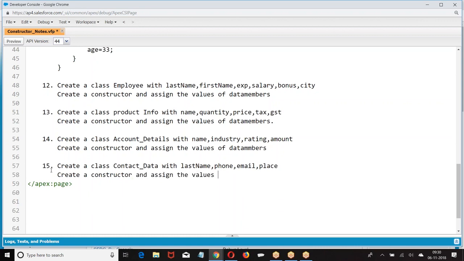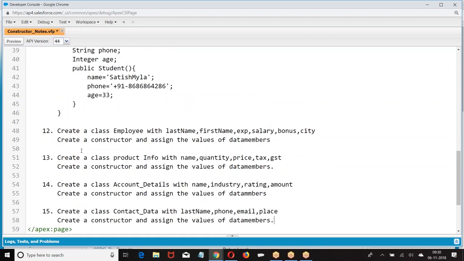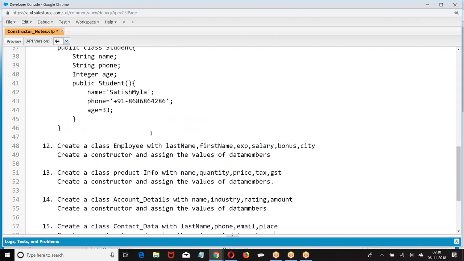Everyone start writing these examples. Now start writing this example. Look at the reference I have given. Looking at the reference, start creating the 12, 13, 14, 15 examples.